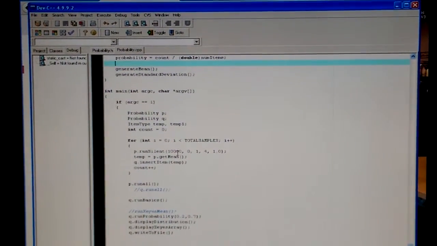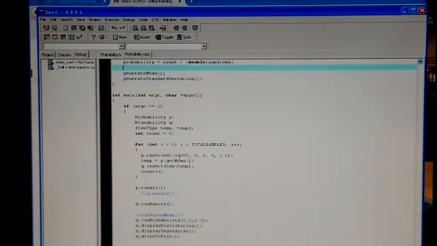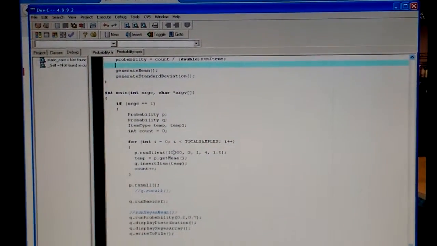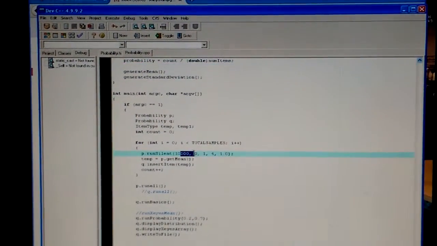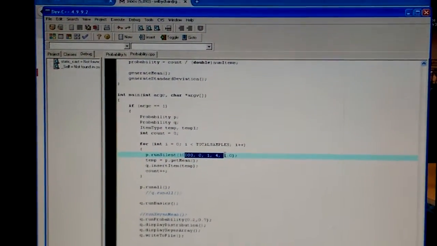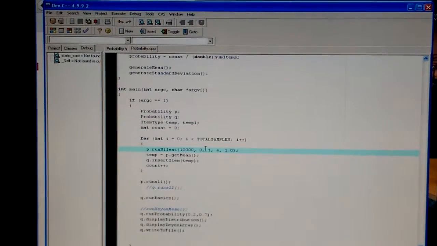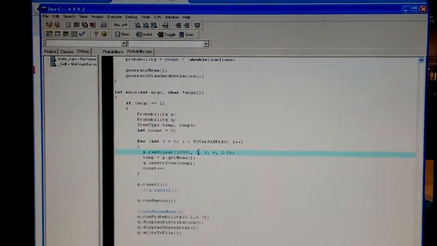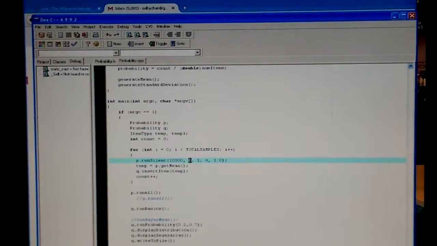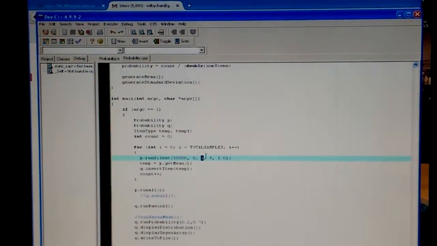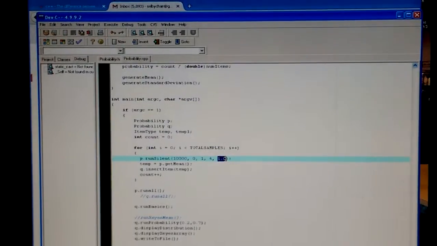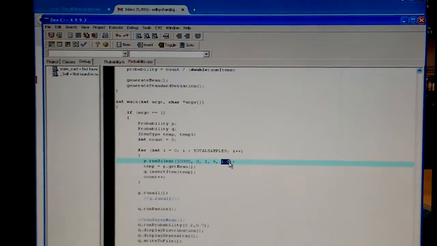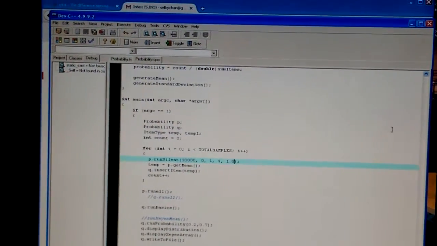Here it goes. Run silent is 10,000 items that we're going to step through a for loop, and 0 and 4 are arguments to run silent. 0 is the range for the uniform distribution, 0 to 1, not the probability range, and 4 is the decimal places, which is just going to be our scaling factor. It's kind of hard to explain, but